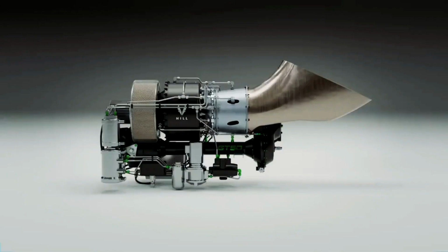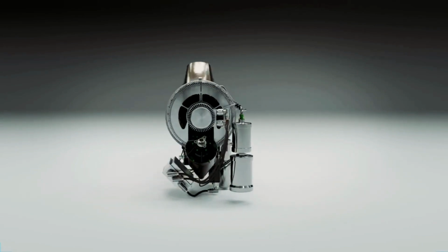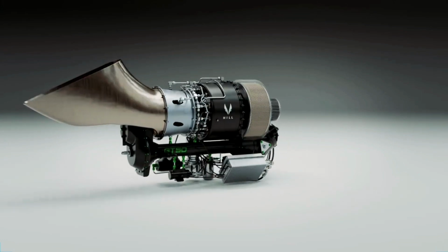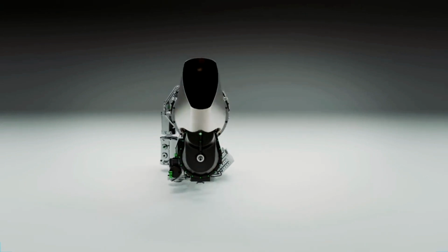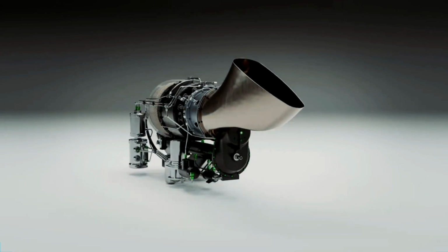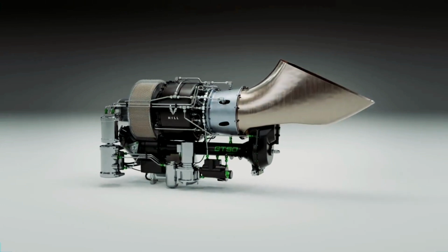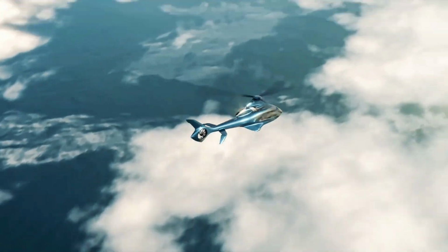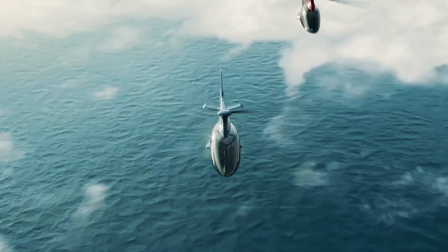Power for the HX50 comes from an in-house made turboshaft power plant called GT50. It's a 2-spool running a single-stage centrifugal compressor and a 2-stage axial turbine. The thing can deliver 500 shaft horsepower, 400 horsepower continuous, while needing 35 gallons of fuel per hour to operate. It gives the helicopter a top speed of 140 knots and can keep powering it,